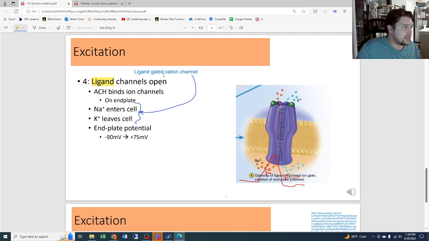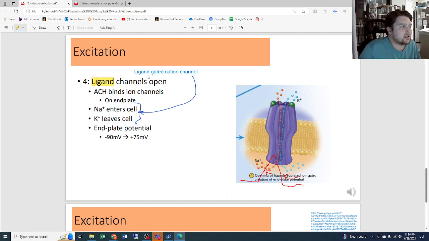So these ligand-gated cation channels are going to open. What makes these different is a lot of the channels that we've talked about up to this point only let one thing through, either one thing in or one thing out. These channels are special. These channels are actually going to allow sodium to rush in and at the same time let potassium flow out. Now, overall, you're getting a lot more sodium rushing in than potassium going out, but still,